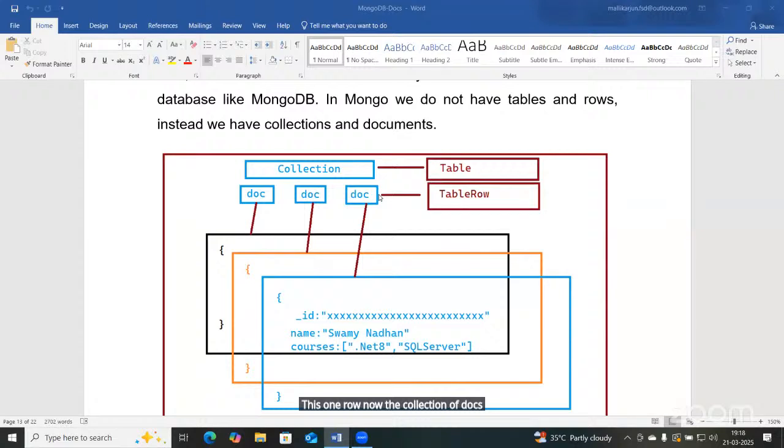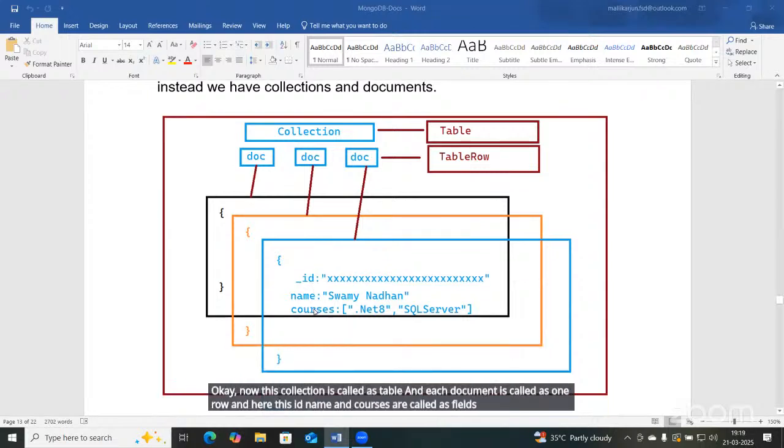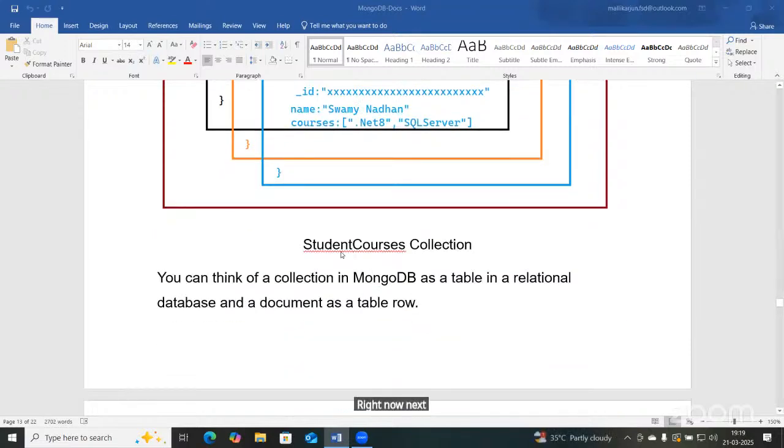The set of docs is called a collection. Now this collection is like a table, and each document is like one row. And here, this ID, name, and courses are called fields. Now next, the student courses collection. You can think of a collection in MongoDB as a table in a relational database,